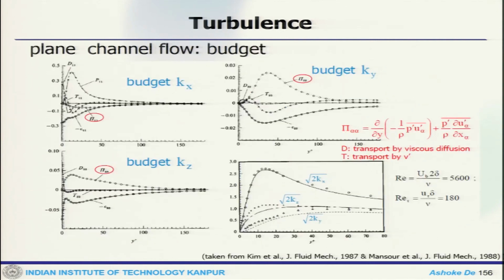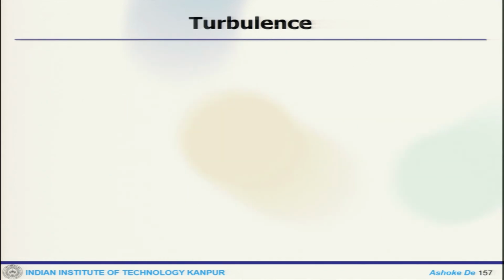Now, we can look at the different budgets, like budget of kx, ky, kz and all these details. So, this is taken from multiple literature where people have looked at channel flow in detail, and they computed individual budget terms and all these things. Now, if we look at plane channel flow